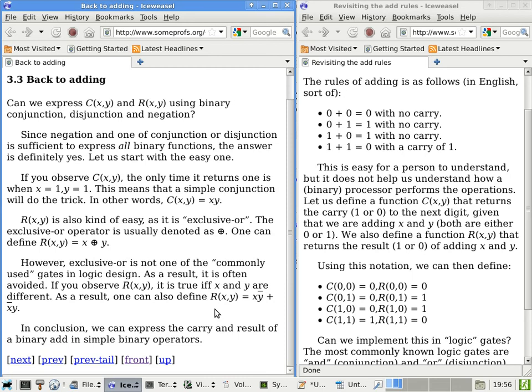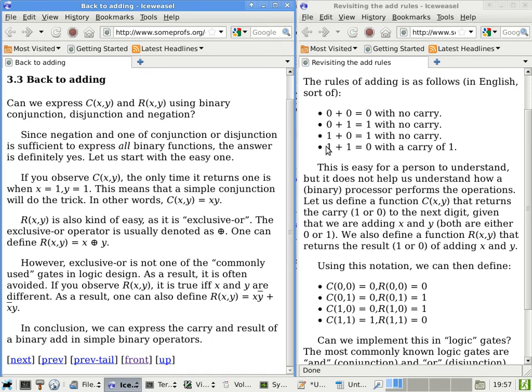Is that okay? In other words, on the right-hand side, we are defining terms used in arithmetic reasoning. 0 plus 0 is 0. 1 plus 1 is a 0 with a carry because we are working with binary numbers. But nonetheless, we are looking at things from the arithmetic point of view. On the left-hand side, we are looking at the results that we want in terms of arithmetic results, but